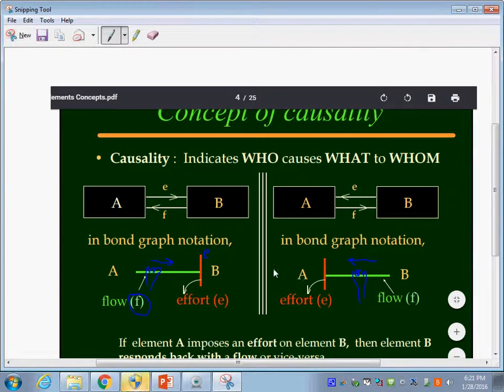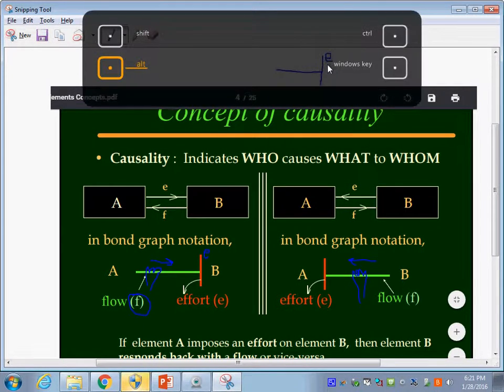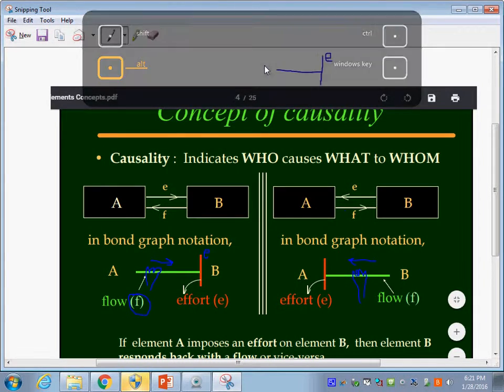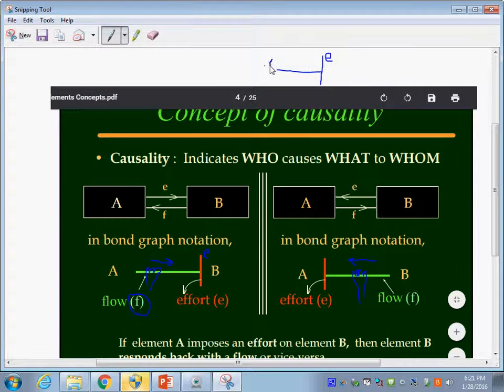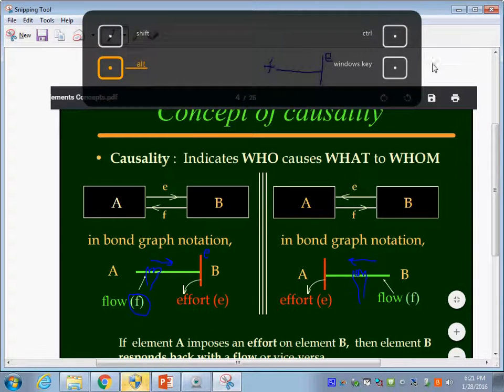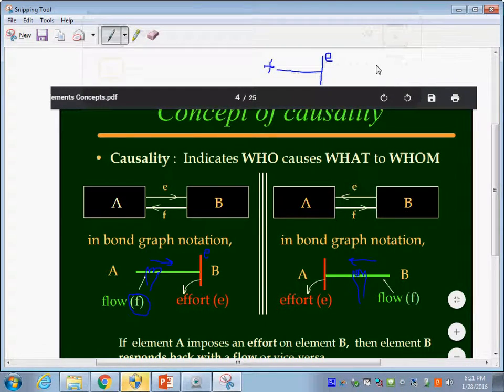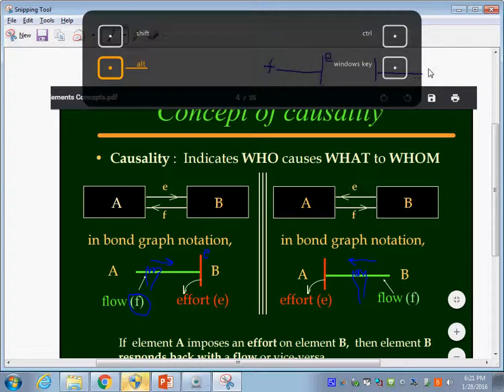So if you read the bond graph like this, you're always going to read the effort variable here, and you're always going to read the flow variable over here. If I do it the other way, like here, if I do this,